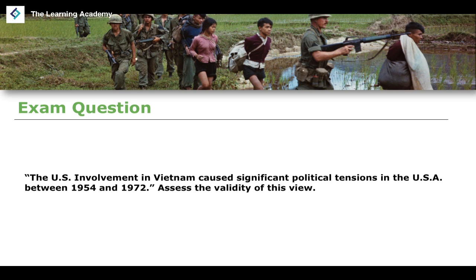Of course, there are very key points during this conflict where we see significant ramping up of the conflict and of US involvement in Vietnam, for example, the Gulf of Tonkin incident specifically. But we still had involvement in Vietnam even before then. The US had interest in Vietnam as early as the presidency of Eisenhower. So we can see that the ramping up of the involvement in Vietnam was something that took place over a period of time. And initially,